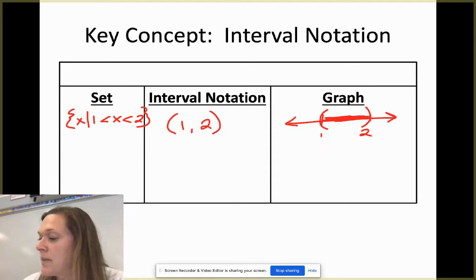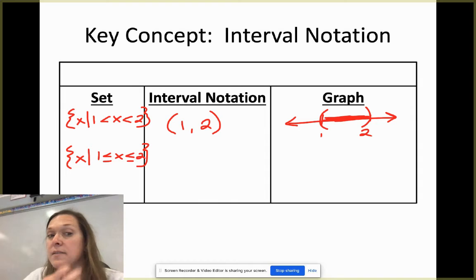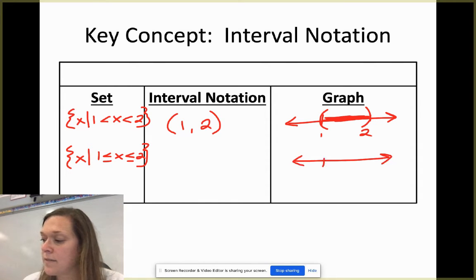Now let's change that up a little bit. Let's make it the set of all x's such that 1 is less than or equal to x less than or equal to 2. So let's throw equals to into that. So in our graph, again, x is still in between those two numbers, but now I'm going to have square brackets